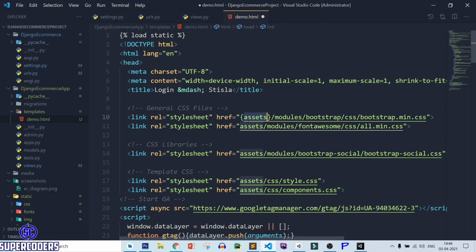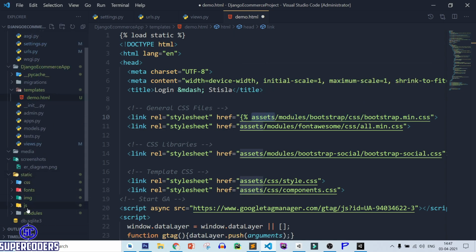So here we need to pass your static path instead of assets. So here simply expression, then remove assets because it is not inside the assets folder. You can see it is direct in the parent. So remove the assets, then you need to pass static, then you need to pass.